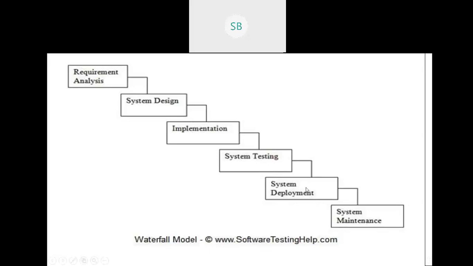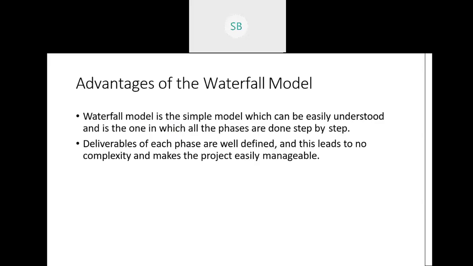So I hope you are clear with the deliverable part. Deliverable is basically an English word which means whatever things can be delivered. For example, when you buy a phone, the deliverable is obviously your phone handset and the manual. A manual is also given, right? That is a deliverable.